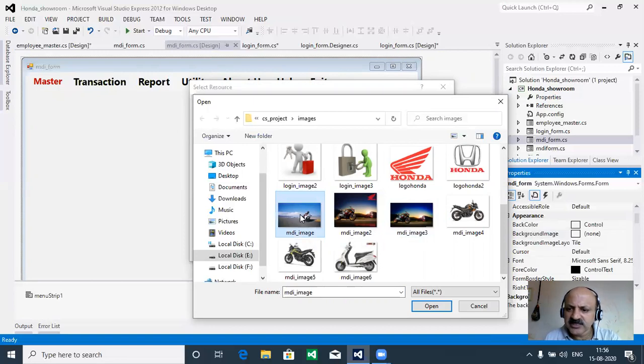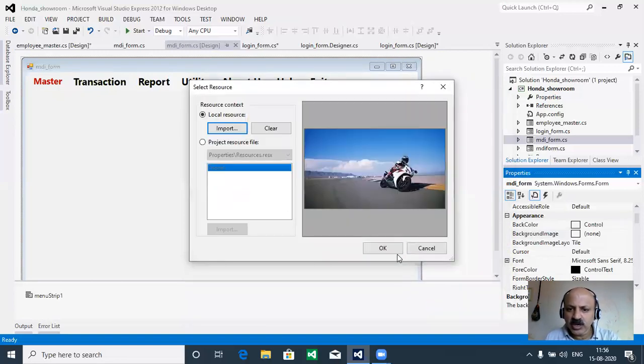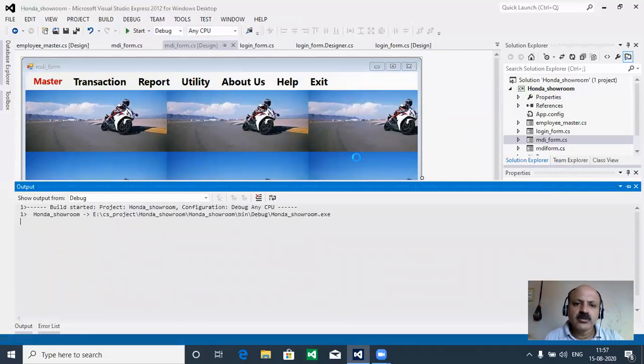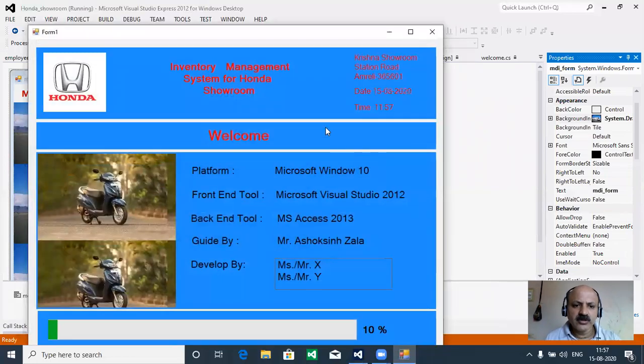So let us first test it. It is only testing. We can open this first image and let us look how it looks. So it looks like this. So now your MDI is ready, and I just save first. That is the first testing. We can change according to our requirement. We can change it if that is the perfect image for our requirement. So we can take this image. If it is not required, we can change it at runtime. We have to check. Let us run this. So that is our first.